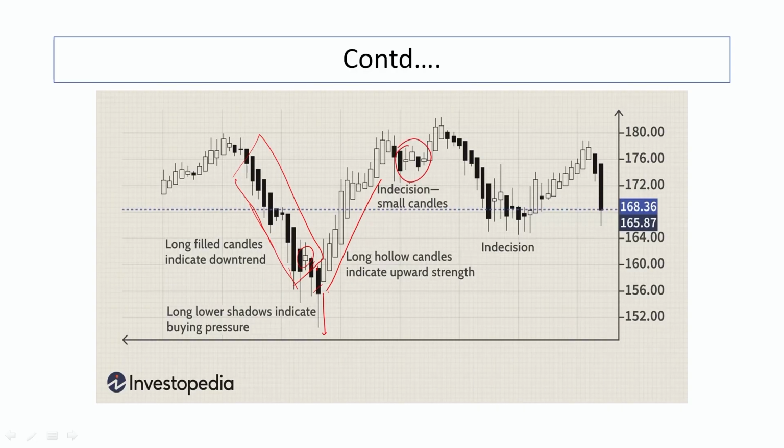Again, this is a scenario where the market is indecisive, or investors are indecisive about what to do, because they don't know whether the market is going for an uptrend or downtrend, or whether there is a bullish trend in the market in the near future or not. In all these positions, buying and selling is going on. It is the stagnant, or normal, position, but people are indecisive because there is no clear-cut uptrend or downtrend.